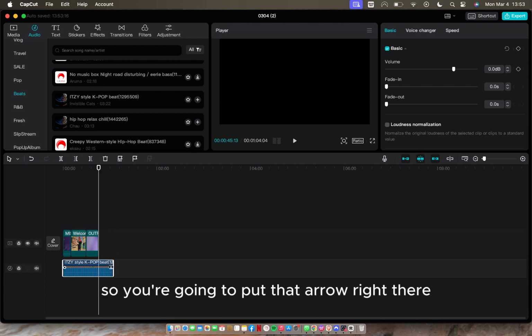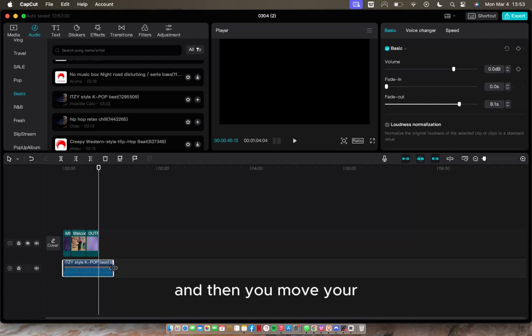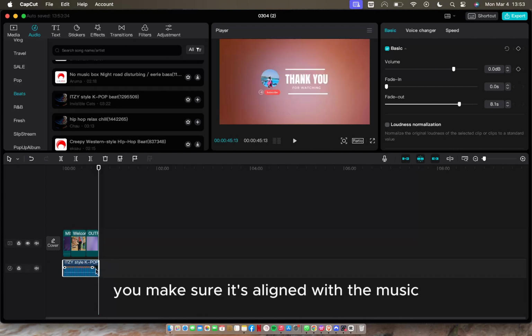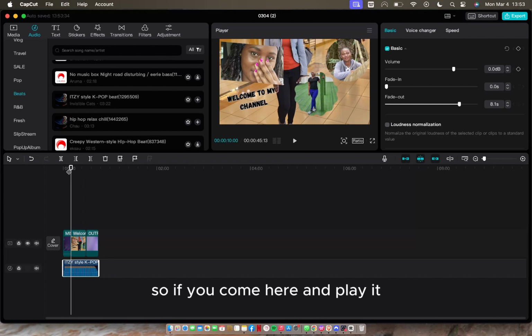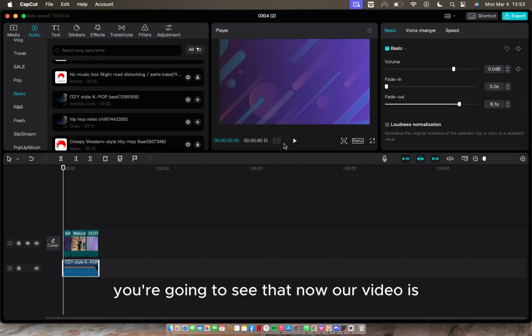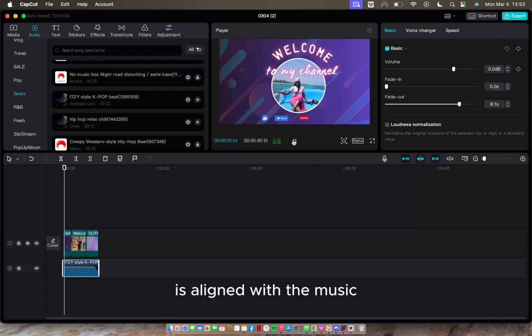So you're going to put that white arrow right there, or you can just drag it, and then you move your cursor to this side. You make sure it's aligned with the music, so the music ends where the video ends. So if you come here and play it, you're going to see that now our video is aligned with the